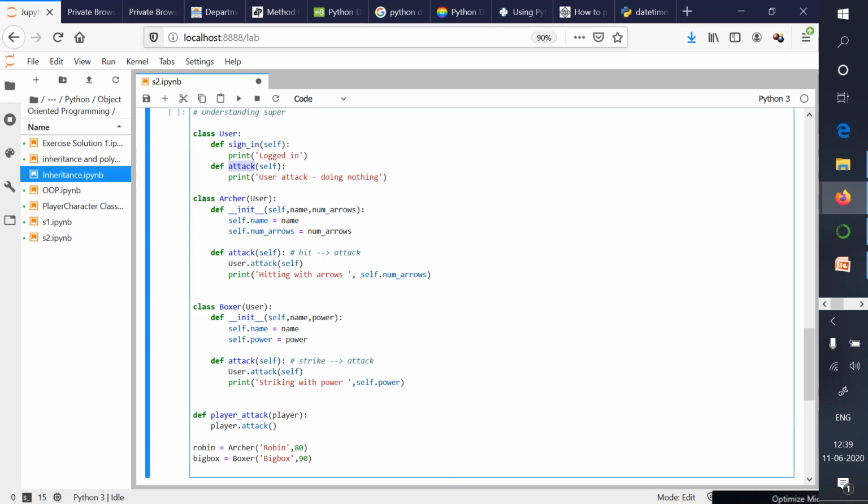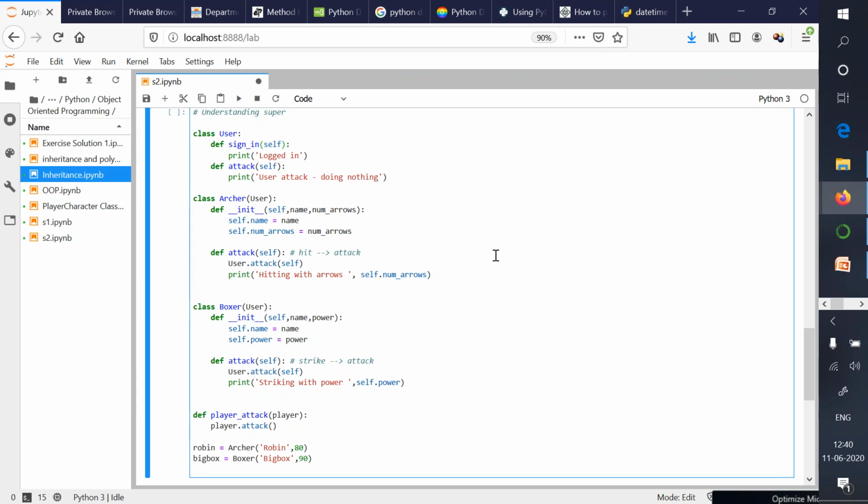At present, there is no ID, user ID, available with any of the classes. Your Archer class has name and number of arrows, the Boxer class has name and power only, but there is no ID associated with any class. Because we want all the users to have the ID, that is mandatory, it makes sense to declare this variable in the superclass.